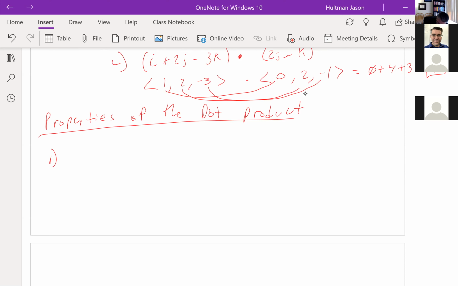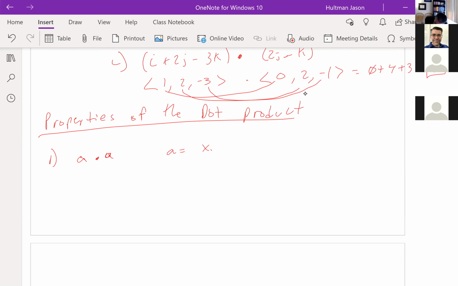Number 1. A dot A. What happens if I take a vector and dot it by itself? A dot A. It's kind of interesting. Let's think about this for a second. A dot A. Well, let's let A be